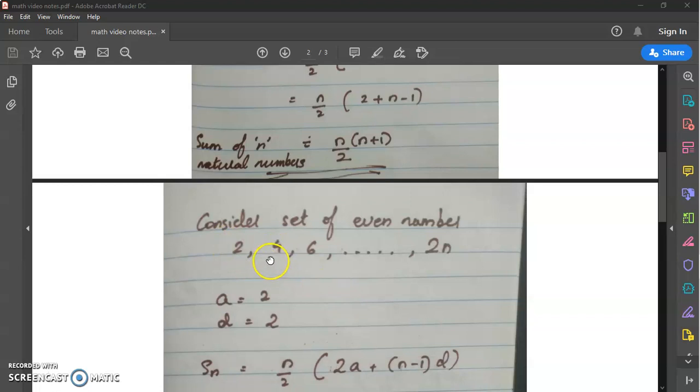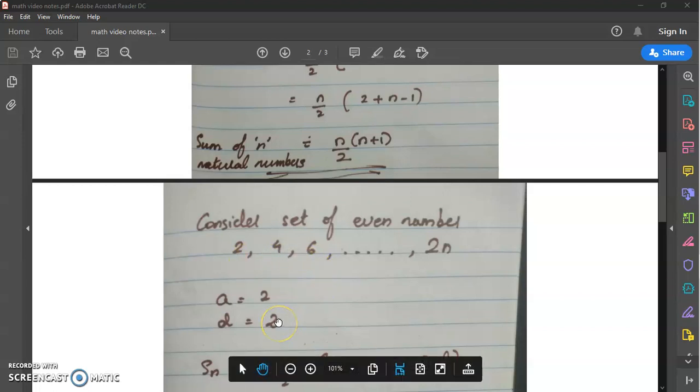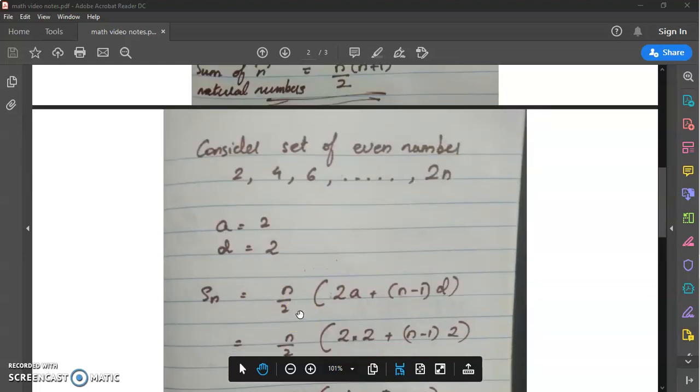Correct? What is 4 minus 2? 2. 6 minus 4? 2. So common difference is 2. First number, a is the first number, that is 2. Correct? So again